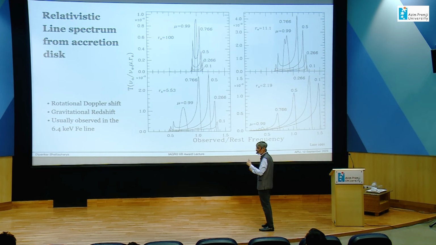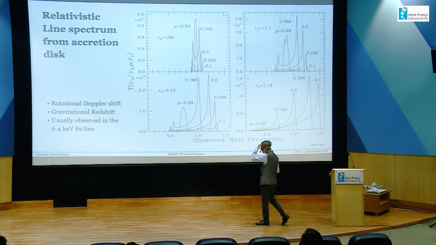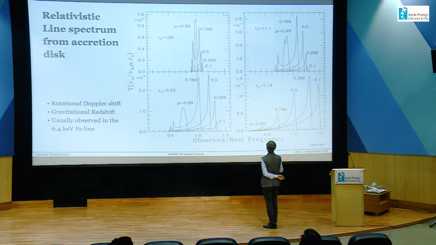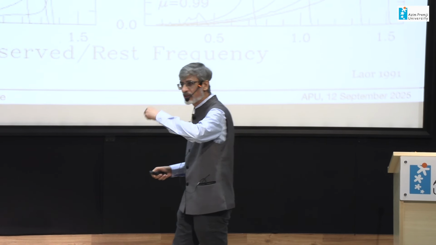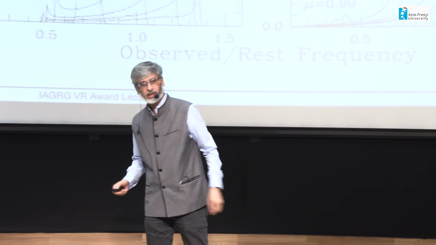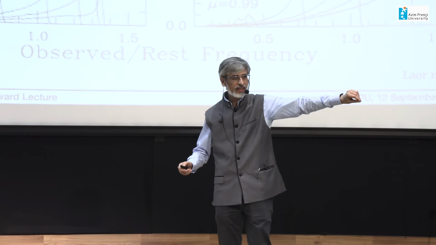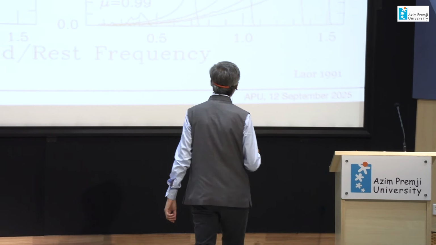You come to any other angle, you see the blue shift and red shift, so you get wings, and these wings are shifted by gravitational redshift. So these are different angles. R star of 100 is far away, so the gravitational redshift effect is small. Now as you keep bringing it closer and closer, this is 11, this is 5.5, this is 2, and you can see the lines begin to take a characteristic shape with a sharp blue edge and the red edge blurred practically into oblivion, right? So these are called the blurred profiles.